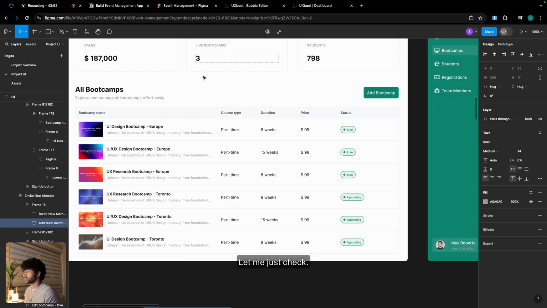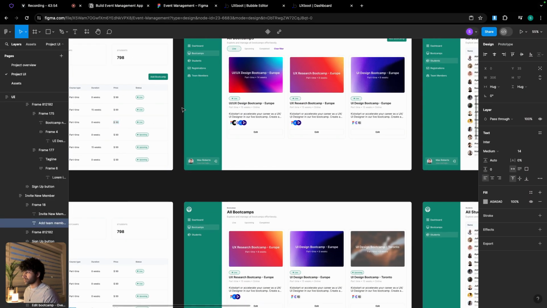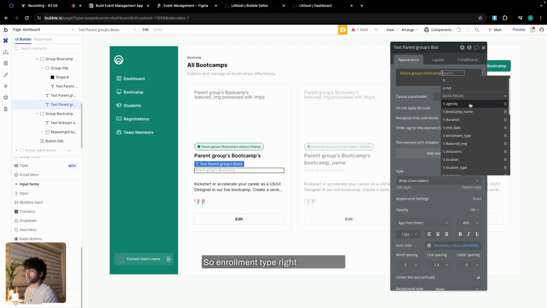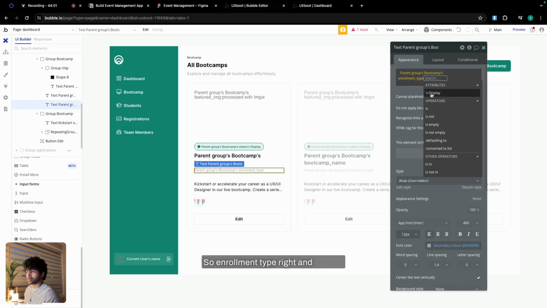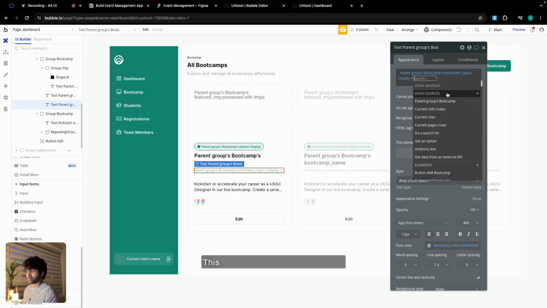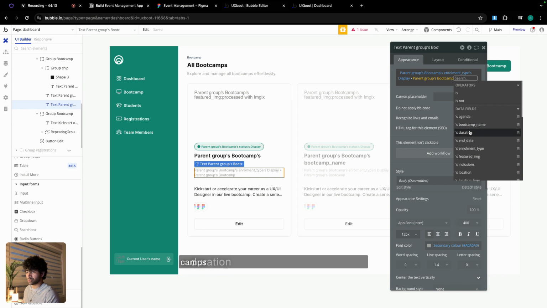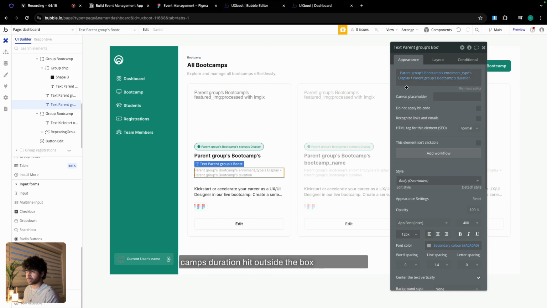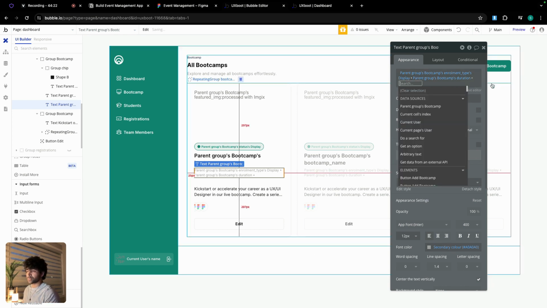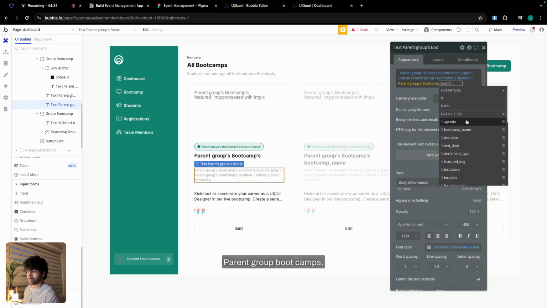Let me just check. This is going to be part-time, so enrollment type. All right. And display. Click outside the box. Hit space. Option 8 if you are on Mac. Hit space again. This is going to be parent group's bootcamp's duration. Hit outside the box again. Again inside. Space. Option 8. Space. Parent group's bootcamp's